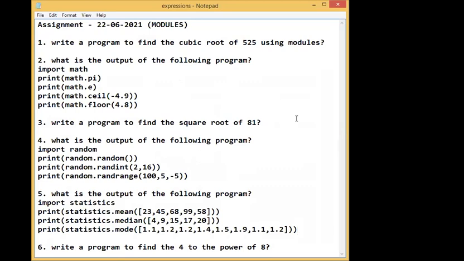Take the screenshot, only 6 questions. It will take only 10 minutes to solve everything. Everything is related to modules. Kindly do some practice and submit the assignment before tomorrow's class. Everyone noted? Yes, sir.